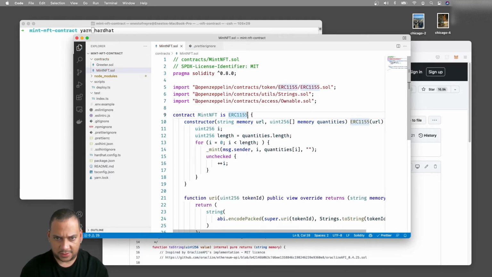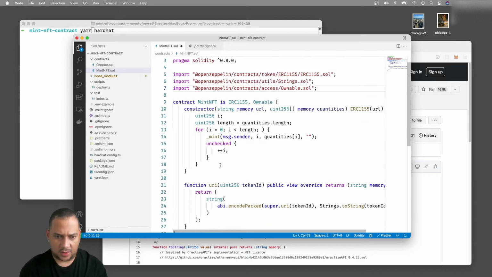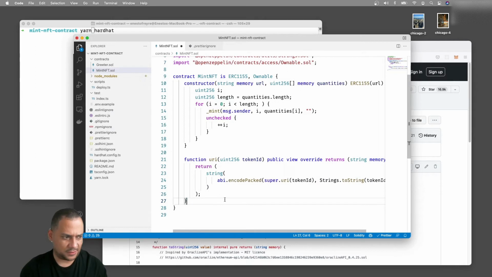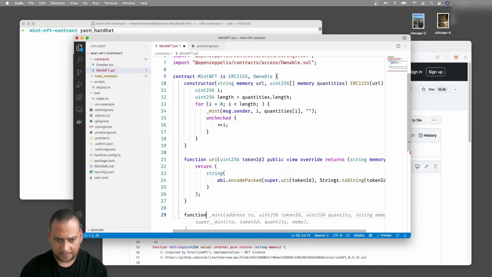So now we can mark this contract as ownable, right? And if we set it ownable, one of the functions that we might want to implement is a function to change the URI. So let's create a function to set URI, and we will pass in memory URL, and this will be a public function, but it will be only owner.